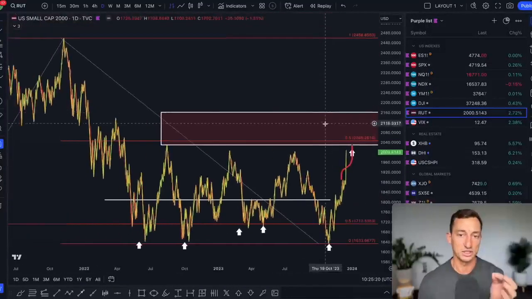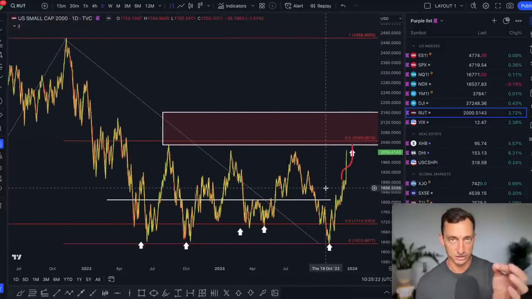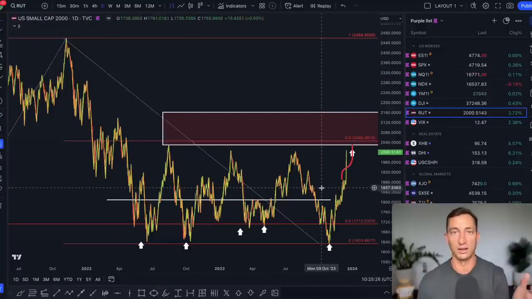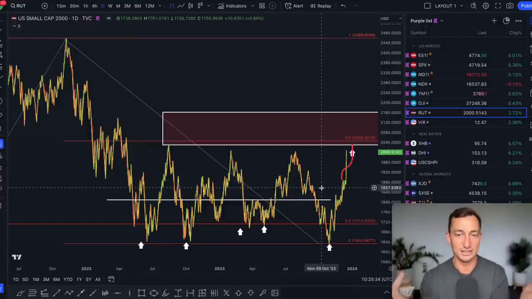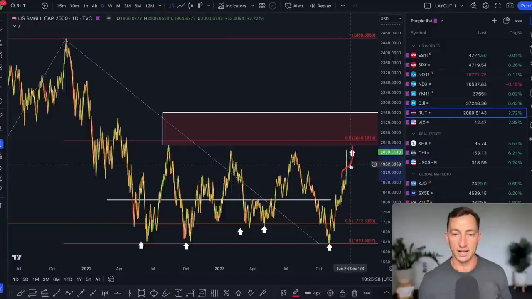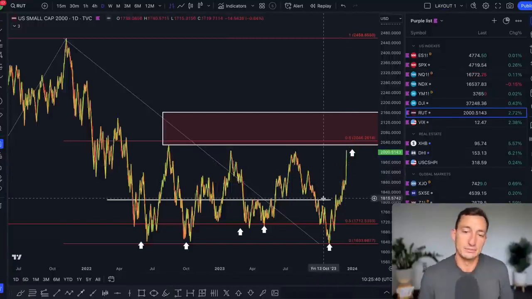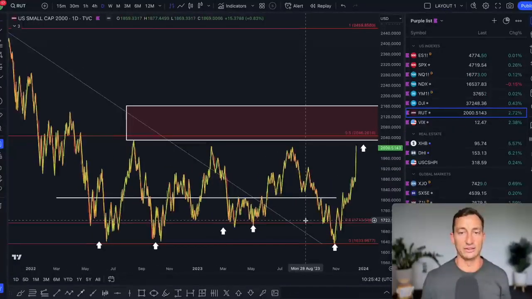Now the narrative has shifted. The majors, the top 7, 10 stocks in the US, aren't performing as well as the bottom 500, 2,000 stocks. And so the narrative is now, well, if those aren't performing, it's a bearish market. No one knows how to make up their mind when it comes to news headlines, but at the end of the day, I do give it a lot of crap, and I hope you can see that the headlines are mostly a waste of people's time.